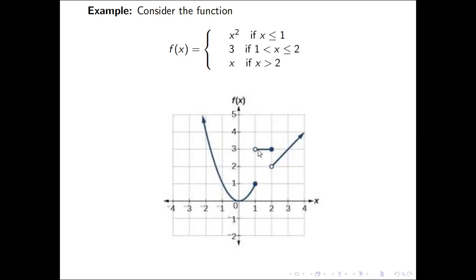And then this one is the constant function. Remember, the graph of a constant function is a horizontal line, and its value is 3. So we have it at 3 there. But we restrict the whole horizontal line to from 1 to 2, excluding 1, including 2. So excluding 1, including 2: open circle here, or hollow, and then a solid circle here.